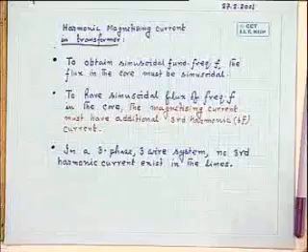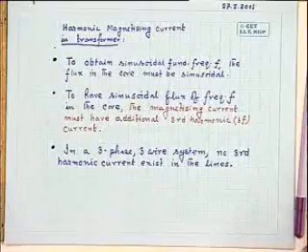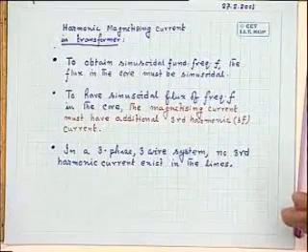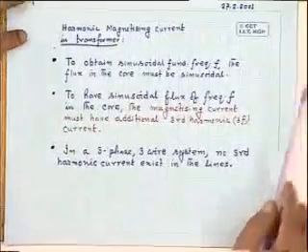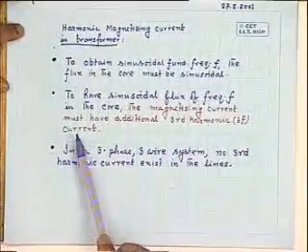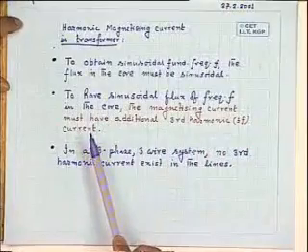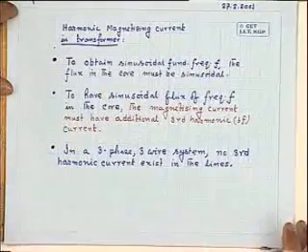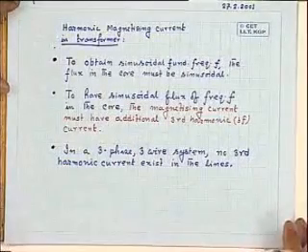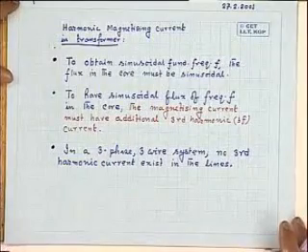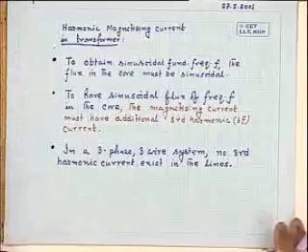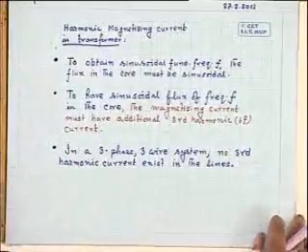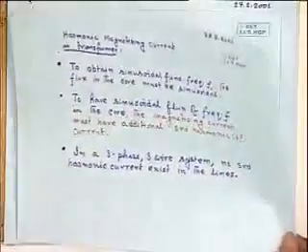The second point is that to have sinusoidal flux of frequency f, the magnetizing current of frequency f will not do. You would require, in addition to that fundamental frequency magnetizing current, a third harmonic component of current to be present, such that the flux will be sinusoidal. And the third point to note is that in a three-phase, three-wire system, no third harmonic current exists. It is not possible. So, in the light of these 3 points, let us continue our discussion with the star-star transformer